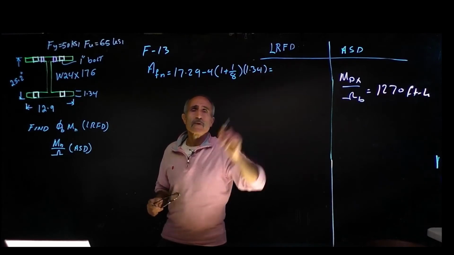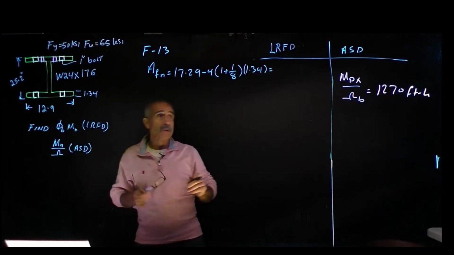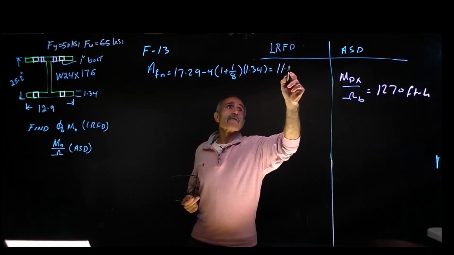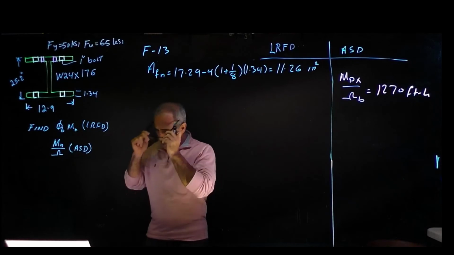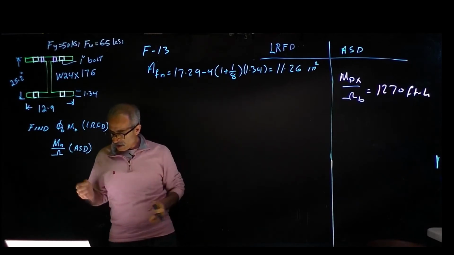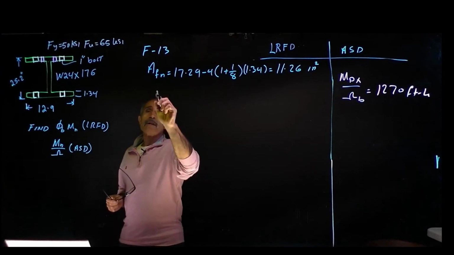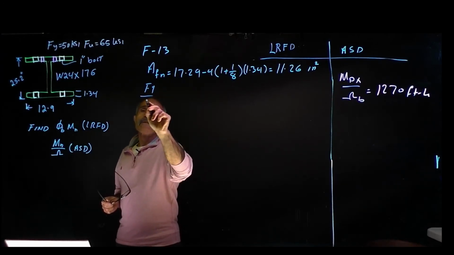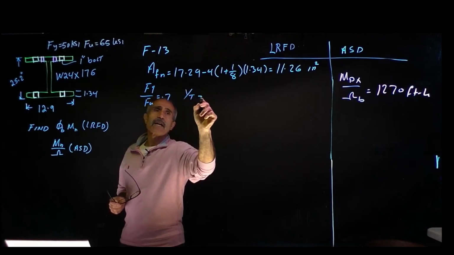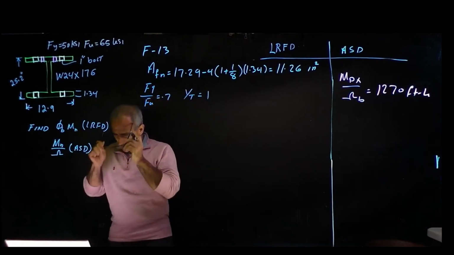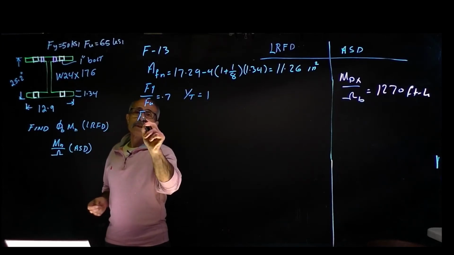1.34, and that comes out to 11.26 inch square. So after we found that, based on the same requirement, we already know that our Fy over Fu came out to 0.7, and our Yt is still not going to change. That's going to become 1. And then we're going to find out our Fu times AFN,